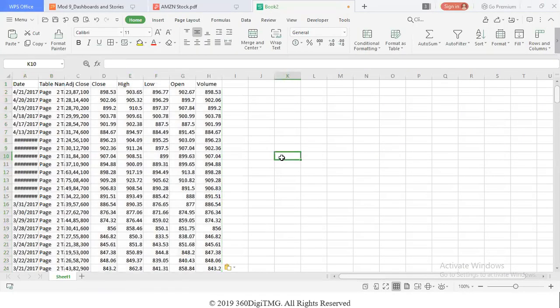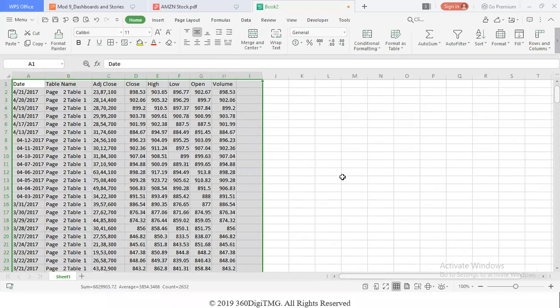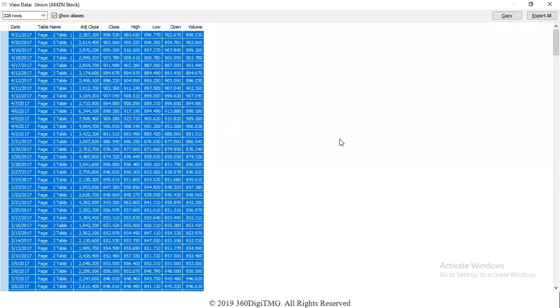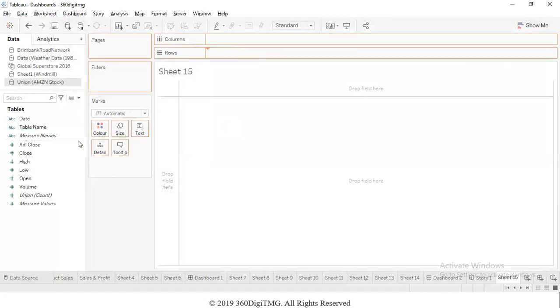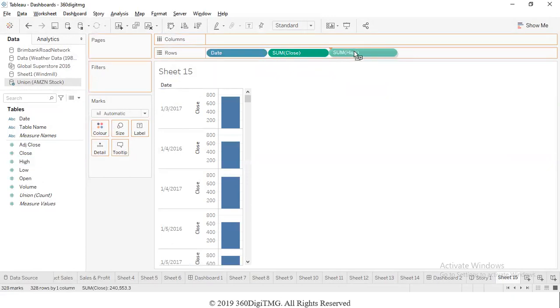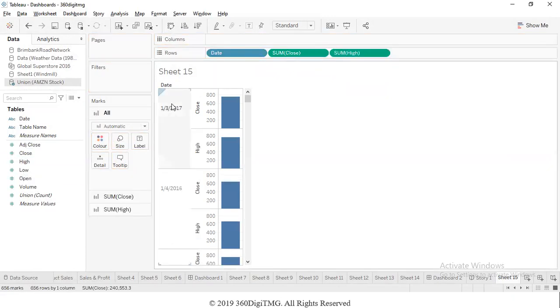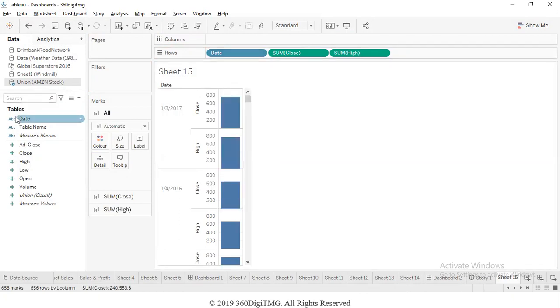Or in case we create a report itself. In case I create some report which is showing me all the statistics, daily statistics, high, low, all the information for each and every date. The date field is coming as ABC, so I have to tell Tableau this is a date. So I'll make it a date.